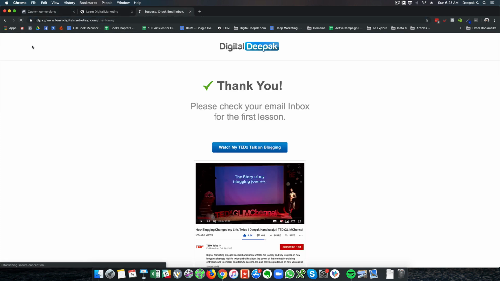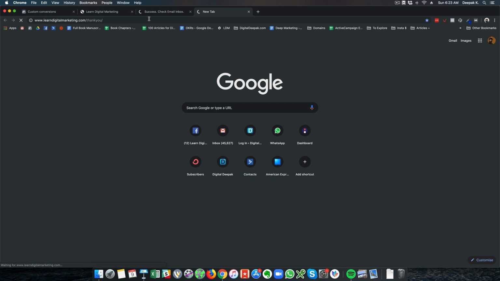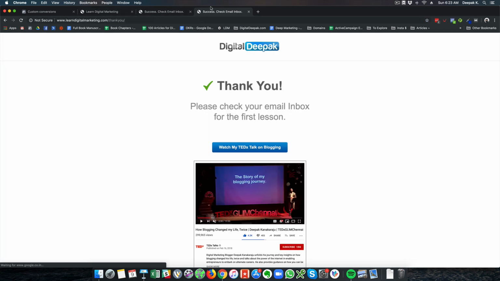Let me also try refreshing this and see if I am able to load the custom conversion manually to see if there is some activity. And I will also try to do it from the non-HTTPS version. So ideally I should have set up a redirect from HTTPS to HTTP version, and HTTP version to HTTPS version, but in this case I have not done it yet.